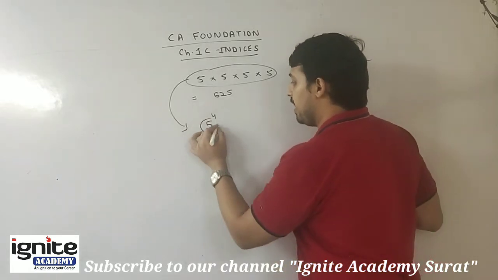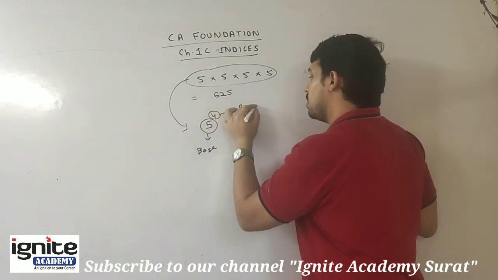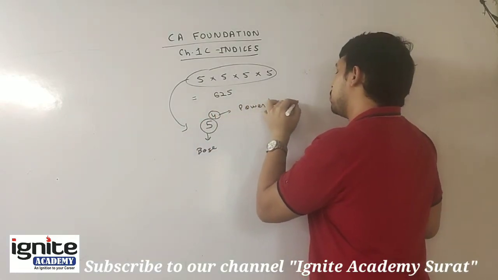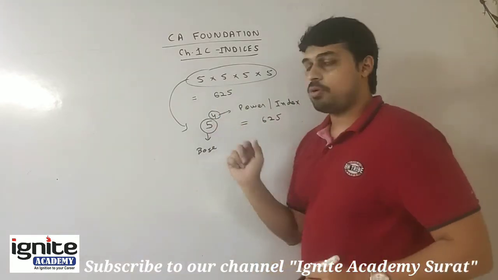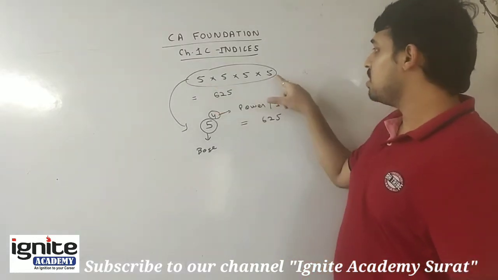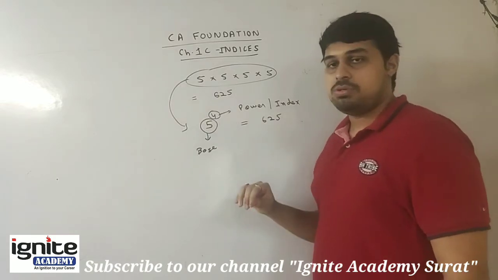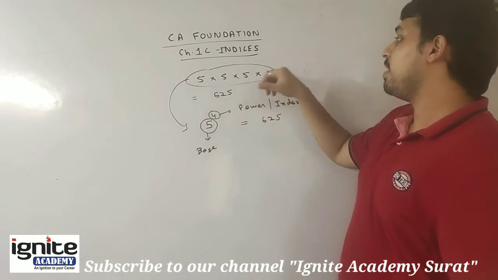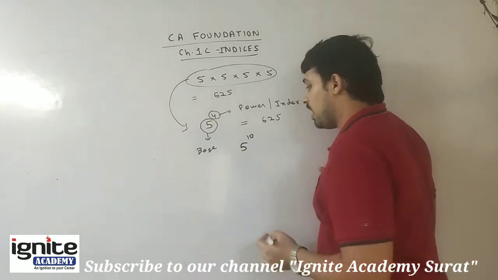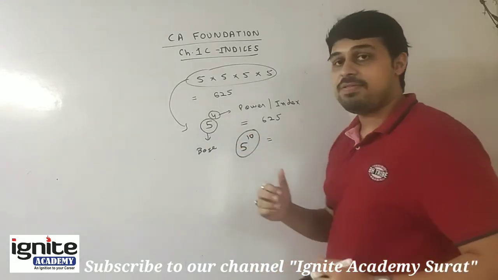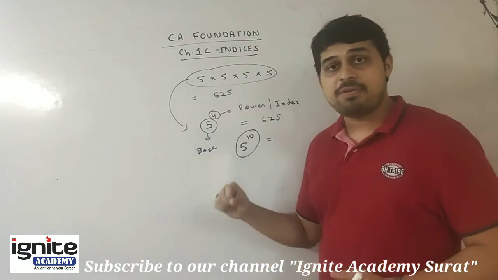Here 5 is your base and this is the power, or it is called the index. Again, 5 raised to 4 is the same, 625. So it is a proper way of presenting this situation in short. If you want to find out 5 raised to 10, you don't need to present it like 5 into 5 into 5 ten times. In a simple way you can write 5 raised to 10. This implies that 5 is being multiplied ten times by itself. Okay, 5 is multiplied with its own self multiple times.